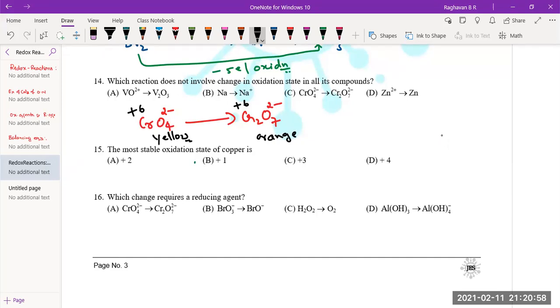Actually, it is like this. Let me give some extra information, though it is not relevant here, since we are discussing this. Chromate to dichromate is in acid medium. Dichromate to chromate is in basic medium. They are found at equilibrium with one another at around pH of 4. So you have to make the medium more acidic beyond that, then it becomes dichromate. The change in color also represents it easily.